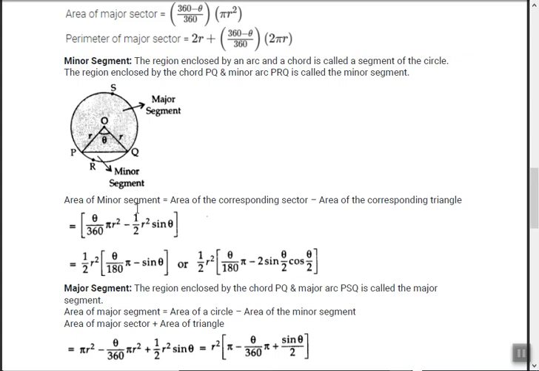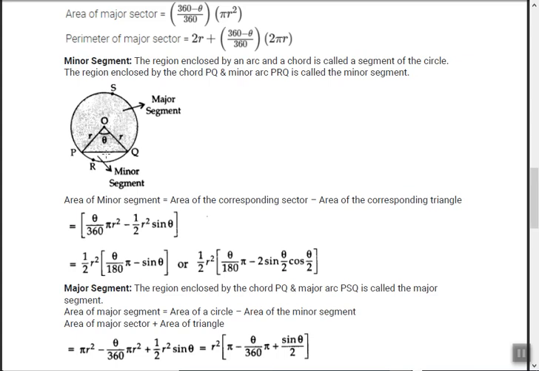Now don't go into how this 1 upon 2 r square sin theta came, because for that you will have to know the half angle or double angle theorem, that is sin 2 theta equals 2 sin theta cos theta, but I don't think that's there for your level as such. So just remember this. Just draw a perpendicular from here. So this angle will be theta by 2, and this angle will be theta by 2. Then you find out what this length is.